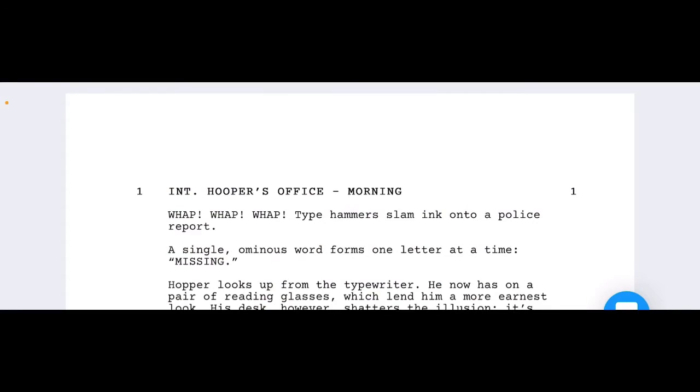Okay, basic lesson on how to read a script. I'm not going to go into analysing what's happening in this scene, etc. I'm just going to teach you how a script is written. Okay, so